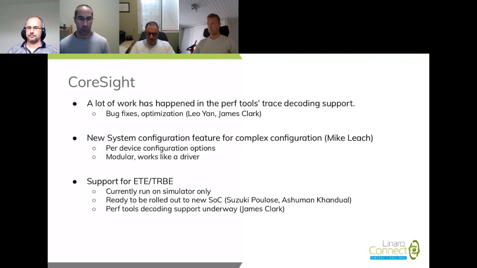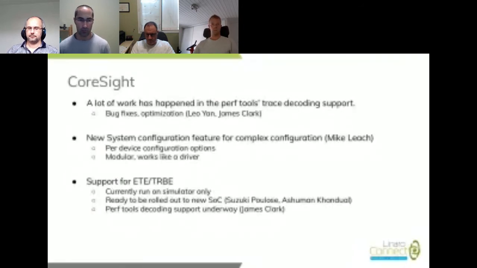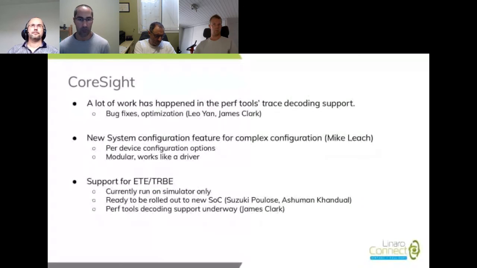So as more people start using the subsystem, using them in different ways that we hadn't provisioned for, we have different cases or corner cases that are coming up where traces are either not decoded properly, or they're simply things that have to be improved.